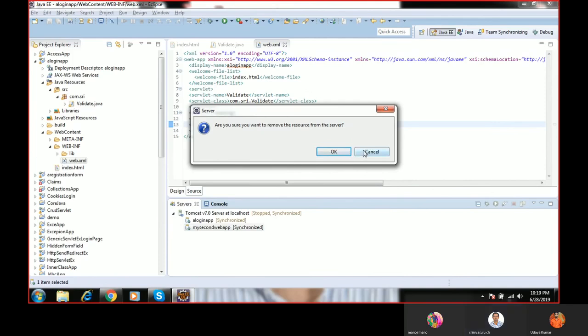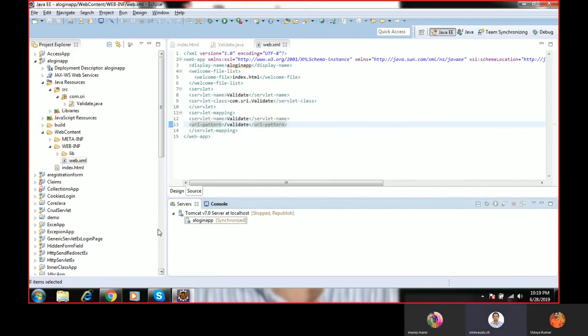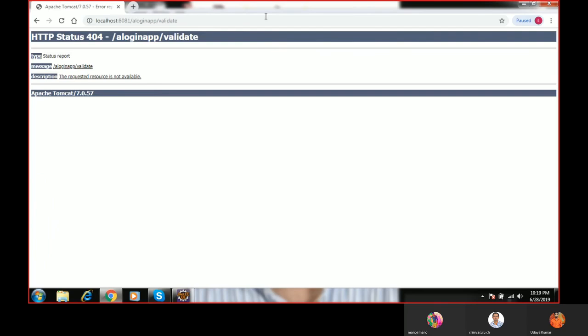This project has to run on the server. Okay, the server is started. Now what's the URL? The URL is